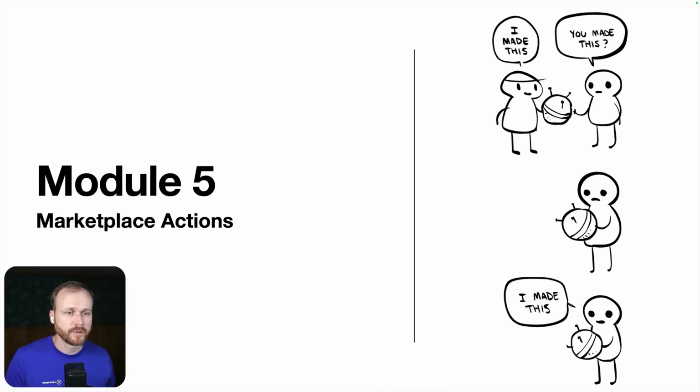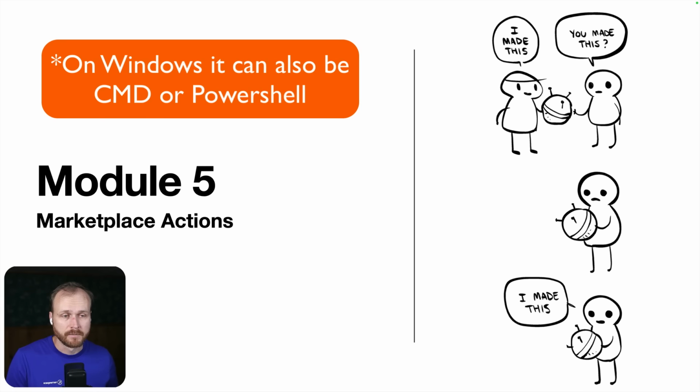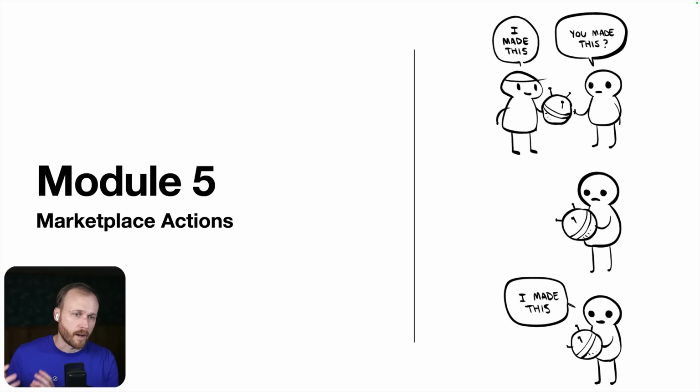Now, so far, we've mostly focused on our workflows and all the features that GitHub Actions has for authoring those. Now we're going to spend the next few modules looking at individual actions. So if you think back to module 3, where I showcased the different types of steps you can write, a step can either be an inline bash script, an inline Python script, or it can be an action. And so an action is going to be a separate application which runs as a step within one of your